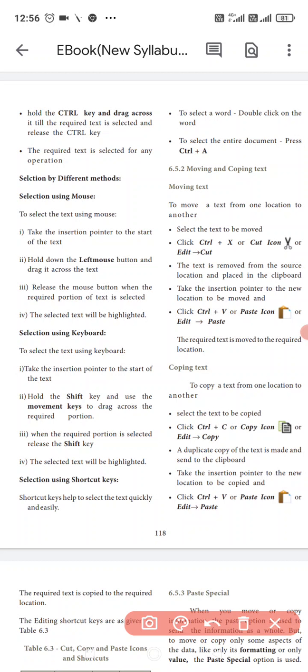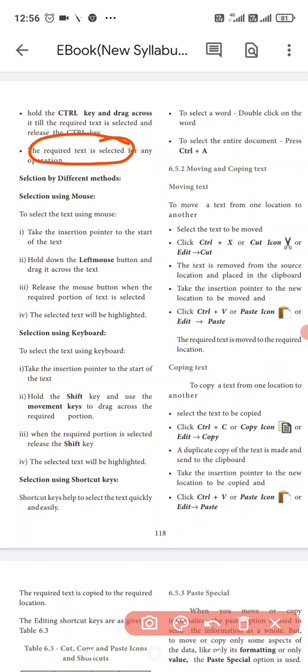After that, hold the Control key again. If you select the first line and release the Control key, you can again click and drag to select the fifth line. So this is used for selecting text continuously or non-continuously.